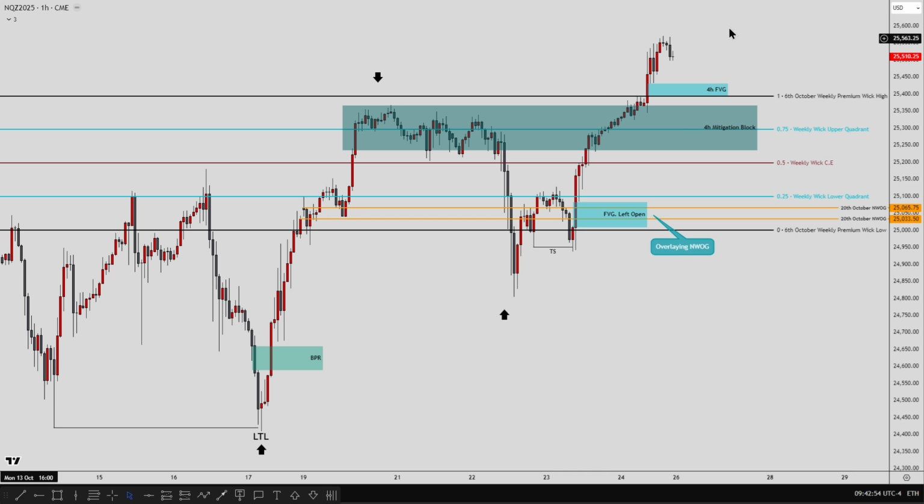What I can't see happening, or I shouldn't try and predict, is this being the all-time high and it rallying lower all the way into these relatively equal lows, which I can guarantee some people are going to be thinking on Twitter. Even if that happens, and you say, oh, I'm bearish, and this is going to be the all-time high of the market, and it's going to drop down to these relatively equal lows, even if you had that prediction and it happened, it would still be the wrong prediction,